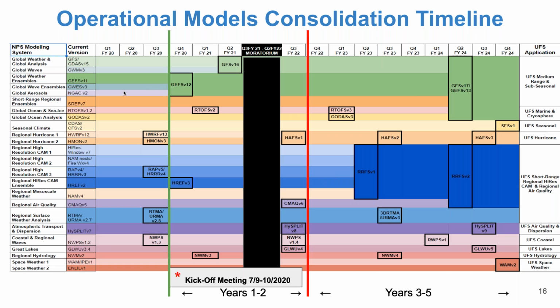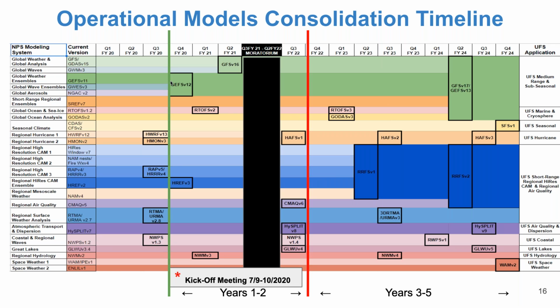So if you now look at the right side of the diagram, you see a significantly reduced number of colors, which represents consolidation from the left side to the right side of all of these applications to a single global application, that's the green at the top, a single mesoscale application, that's the dark blue in the middle. And really, this R2O project is focusing on those two